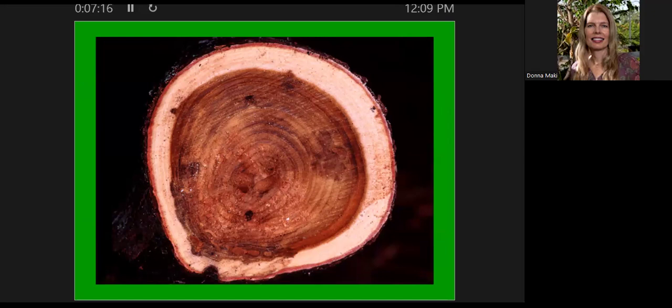Fungi have a hard time getting access to this area of the tree because of all those secondary metabolites that are getting laid down. And then the lighter area is the so-called sapwood, where you have active water and mineral